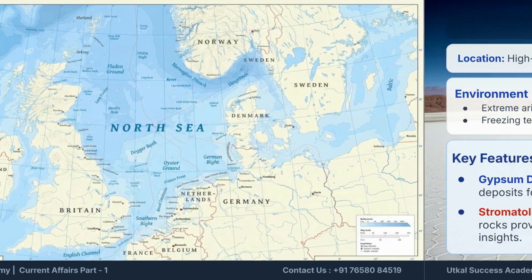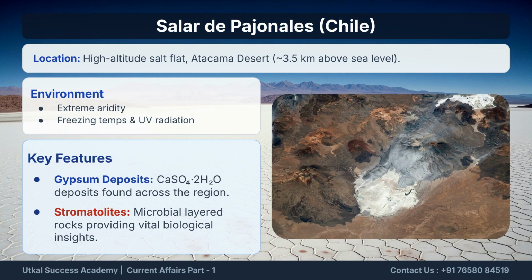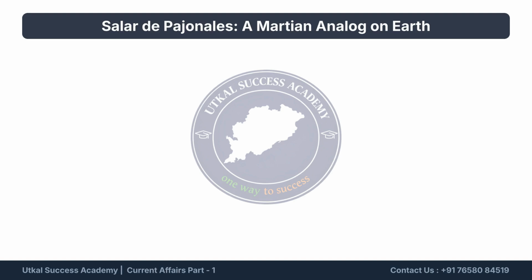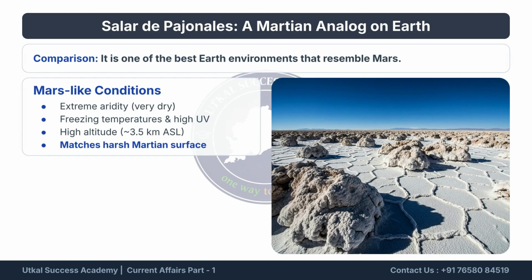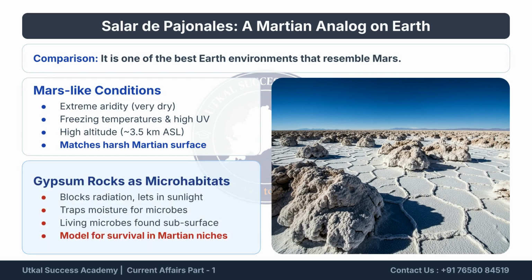Earth's geological history. Salar de Pajonales in Chile is a high-altitude salt flat in the Atacama Desert, about 3.5 kilometers above sea level. This extreme environment, characterized by aridity, freezing temperatures, and UV radiation, features gypsum deposits and stromatolites. The conditions at Salar de Pajonales strongly resemble the harsh surface of Mars, making it a Martian analog on Earth. The gypsum rocks here act as microhabitats, blocking radiation and trapping moisture, offering a model for microbial survival in Martian